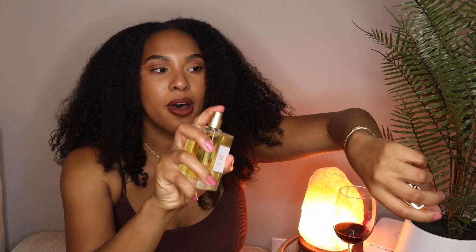I have been wearing this all day. I actually received this in the mail. Technically it was yesterday, but I'm just going to say today because I haven't been asleep. Thank goodness this package came early because I did not spray anything, and this was my scent of the day and this is my scent of the night. So I applied this after it came in the mail this morning, and then I applied it after I took a shower in the evening. So I have an idea of how it wears freshly, and then how it wears if you didn't take a shower earlier that day. I typically shower once a day, at night, so it gave me an idea of how performance would be. I'm going to spray a fresh spray on my hand,